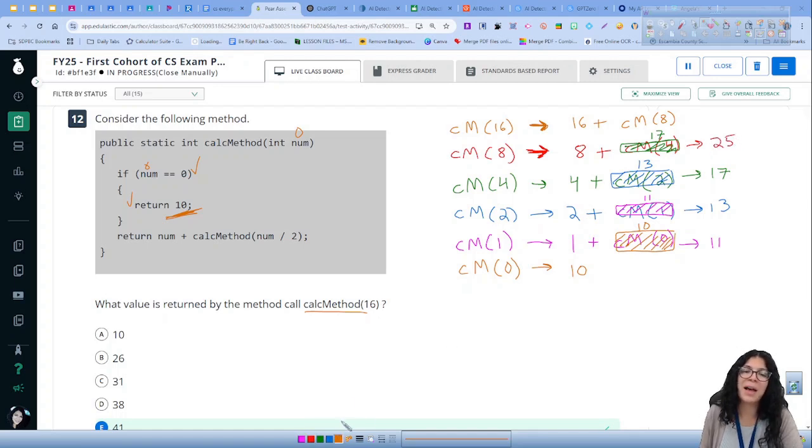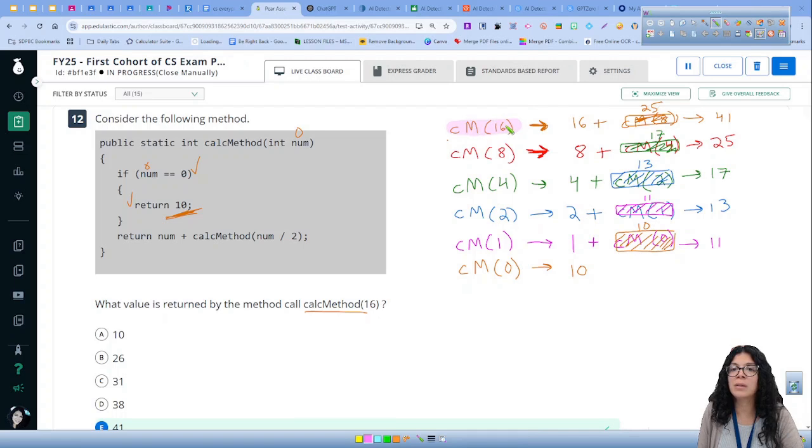And if calc method 8 returns 25, then the original, which I wanted to know all along, calc method 16 returns 16 plus 25, which is 41. So the original question is, what does calc method 16 return? Calc method 16 returns 41. The answer is